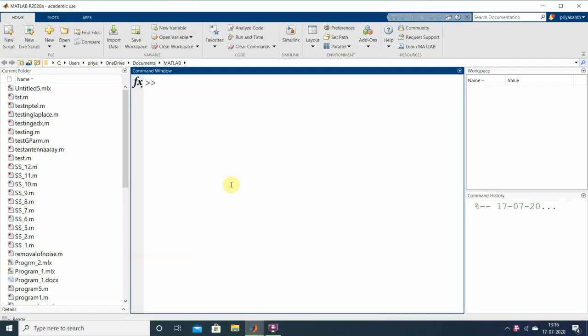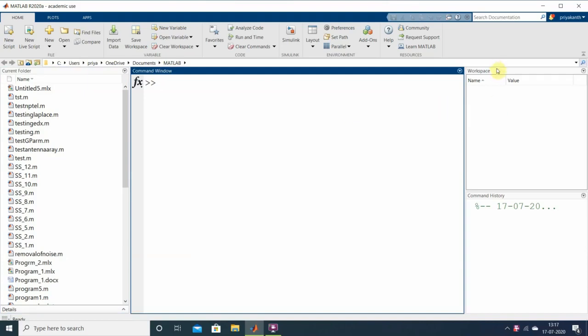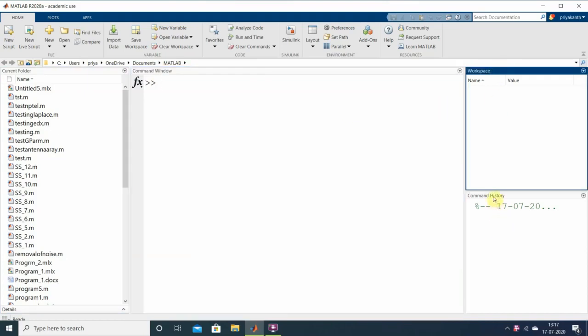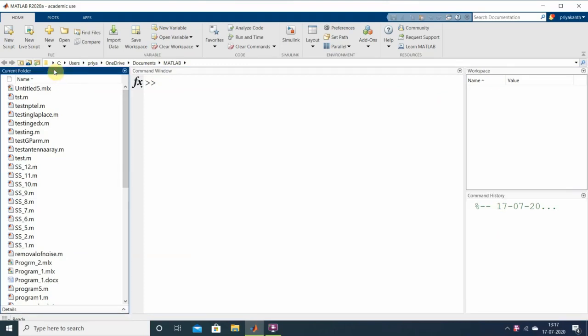This is a default layout of MATLAB desktop where we can see basically 4 windows: current folder, command window, workspace and command history. Here this current folder is used to navigate different MATLAB files in the system.